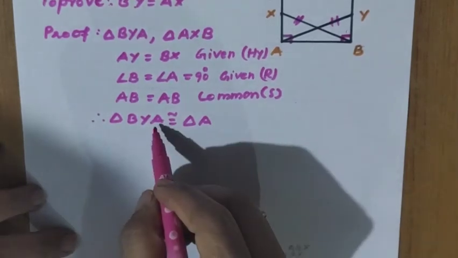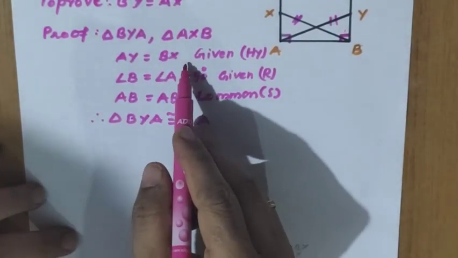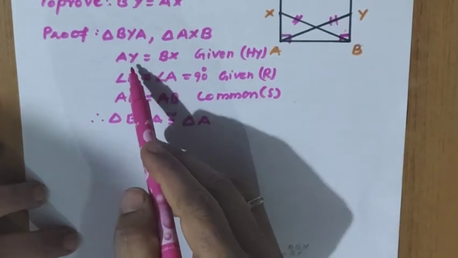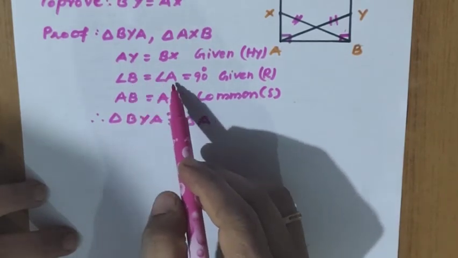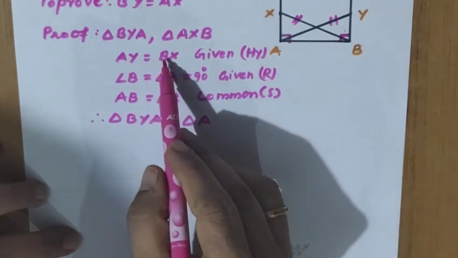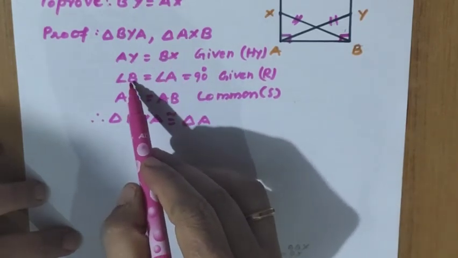For A it is B only. See that one, Y and X is the criteria here. So here what we can write? Okay, we cannot go for that one. Angle B and angle A only we have taken. So A for B it is used. We cannot use because it is B only here.